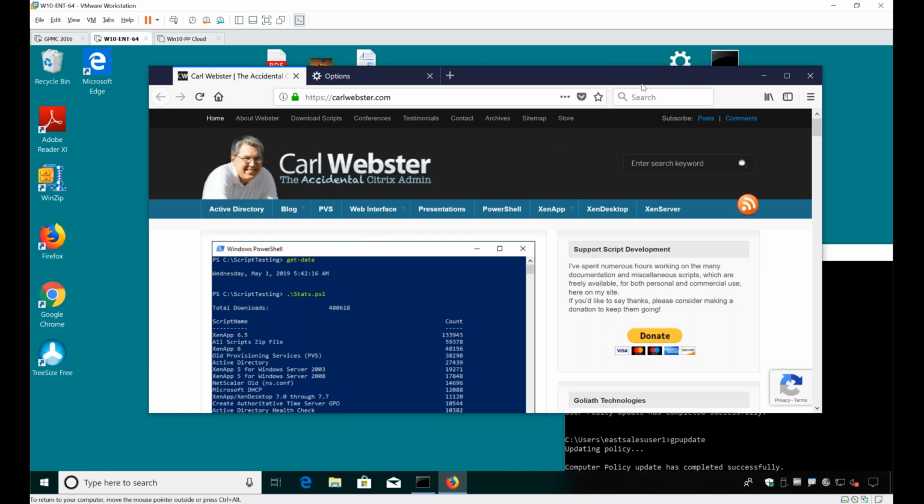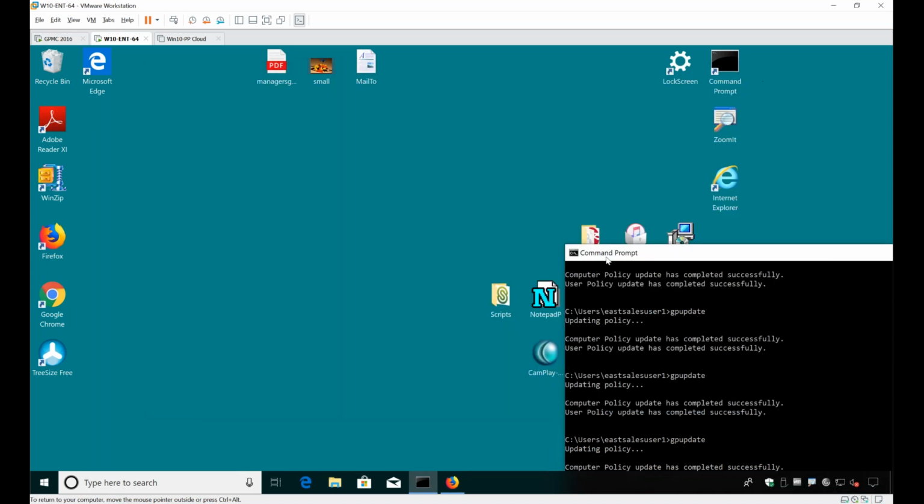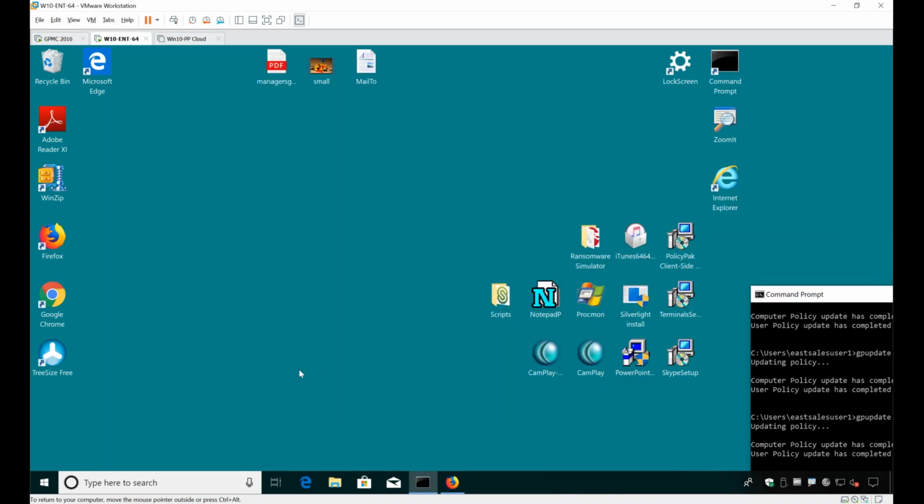Okay, so that's the first thing I wanted to talk about. The second thing I want to talk about, we'll get back to browsers a little bit later, is yet another security concern, which is getting out of the local admin rights business. I mean, here's the thing.